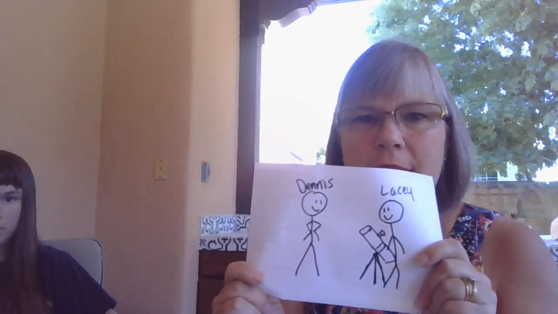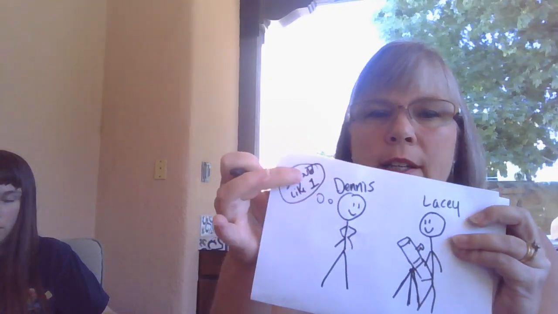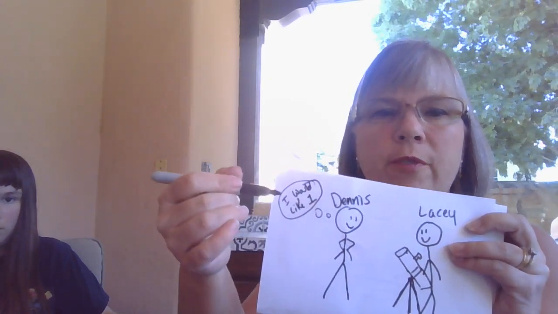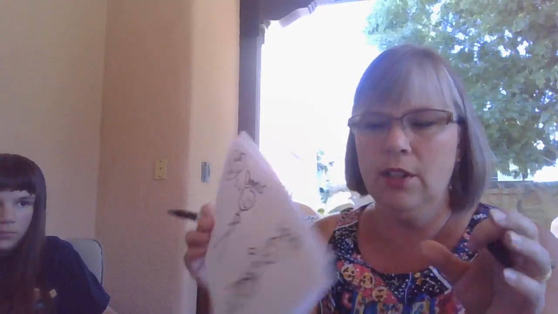So here we've got Lacey outside using her telescope, and Dennis walks by and says to himself, gosh, that's a really cool telescope. Now he's thinking, I would like one. I do lots of talking bubbles or thinking bubbles. And so now he's thinking,